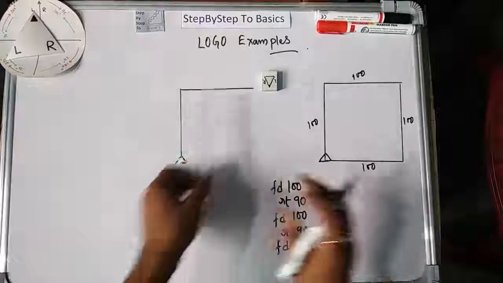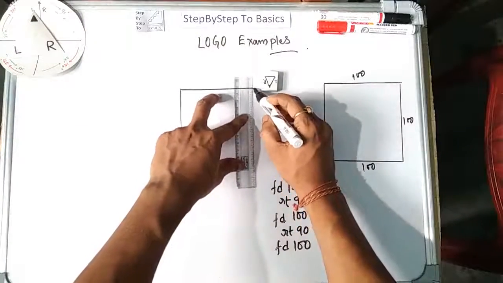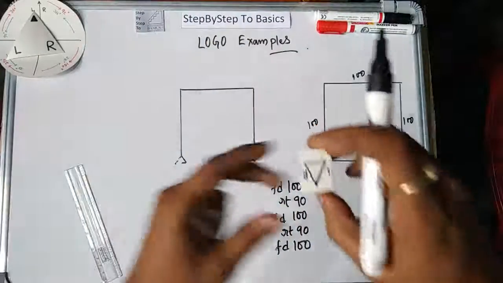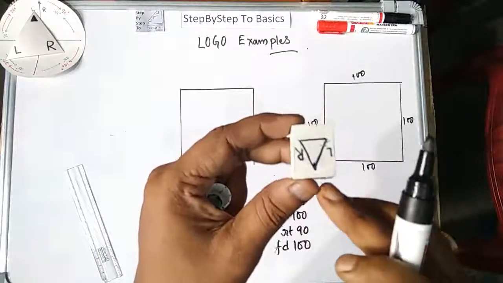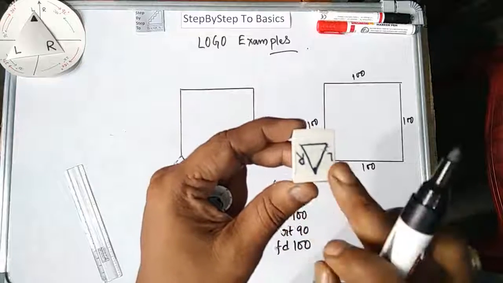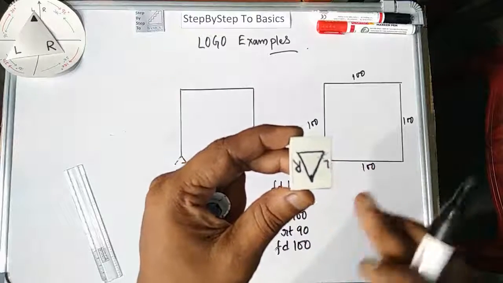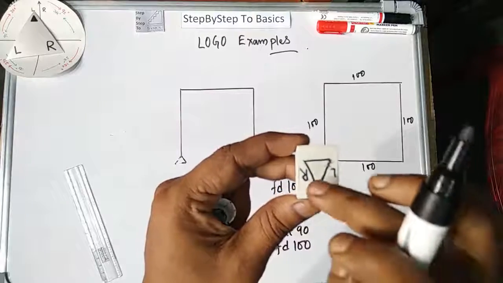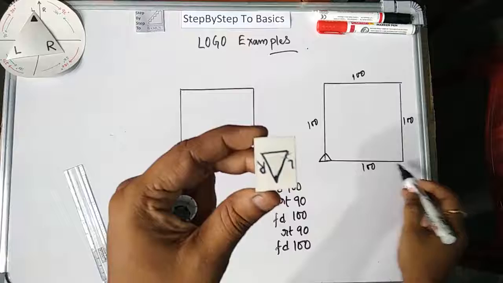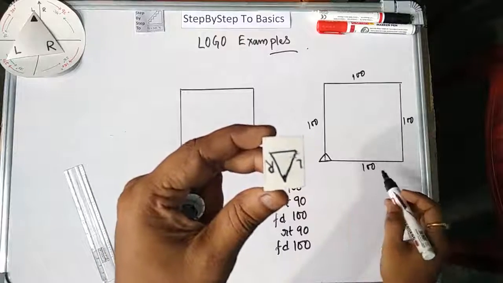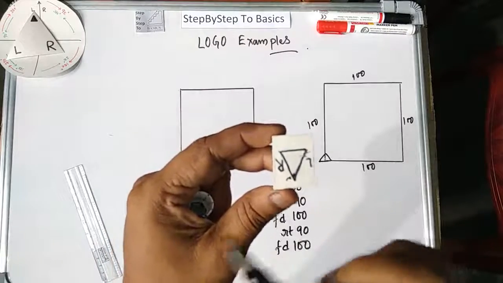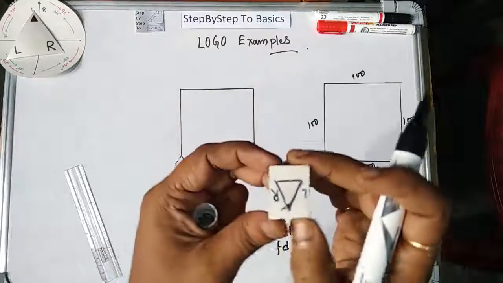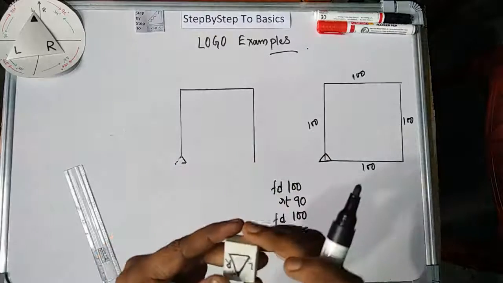What will happen now? Again 100 steps. Done. Now you can see the condition of the turtle. Right is on this side, left is on this side, as I explained in the previous video also. Don't look from your side, think from the turtle's side. According to my question, it should move this way now. R means right-hand side, this way. This is 90 degrees, RT 90. So we will do this one.